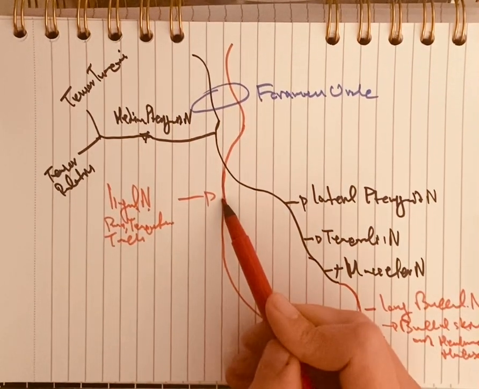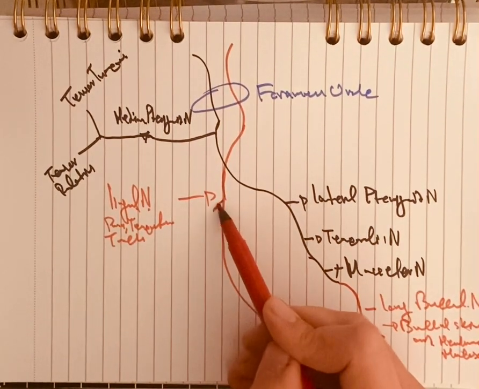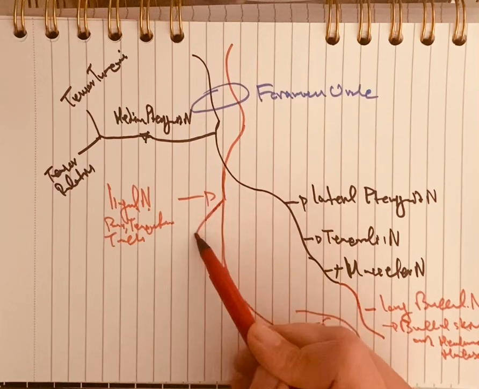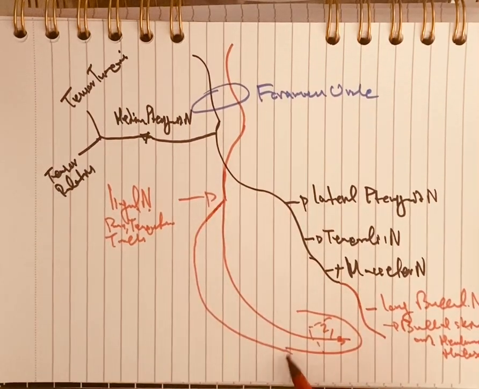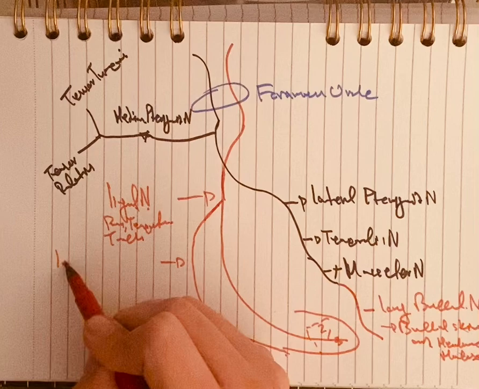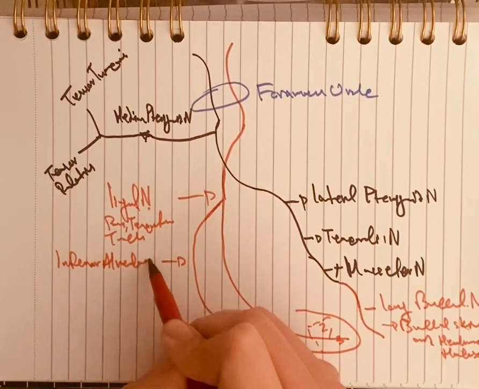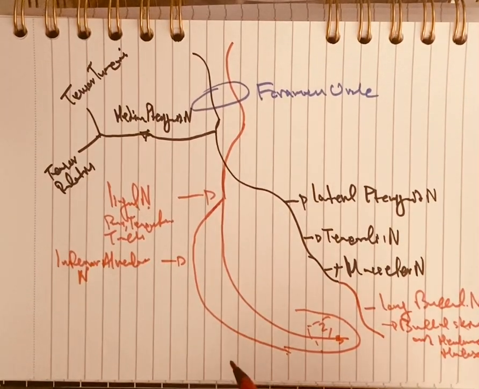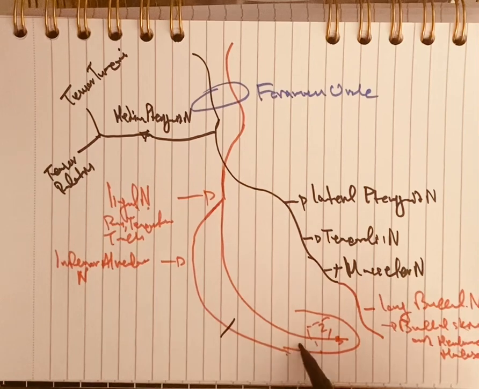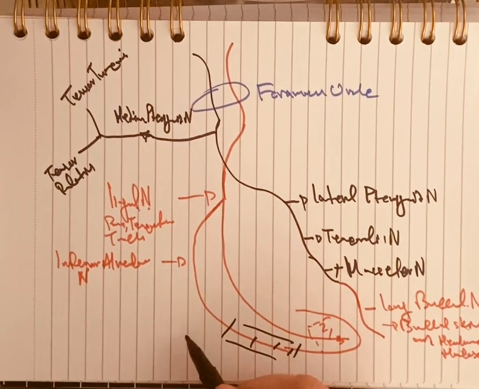There is another branch that arises from here and goes down, down, down, and is called the inferior alveolar nerve, and through a canal here, the mandibular canal,